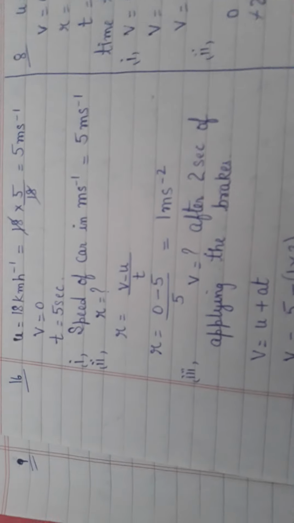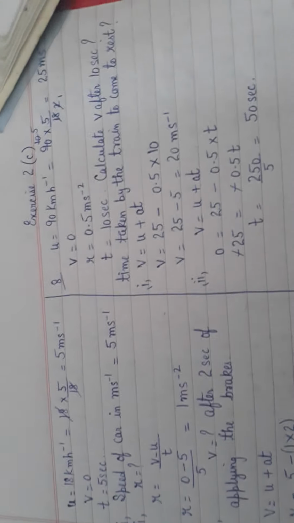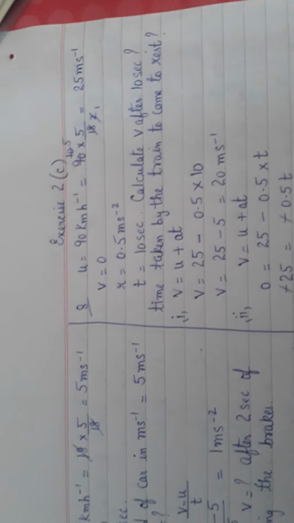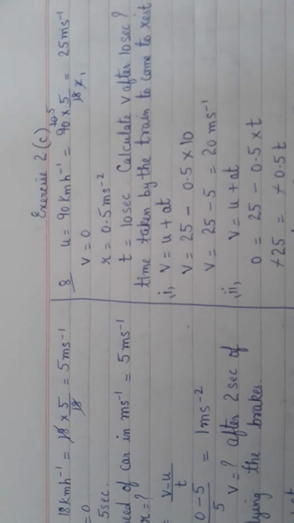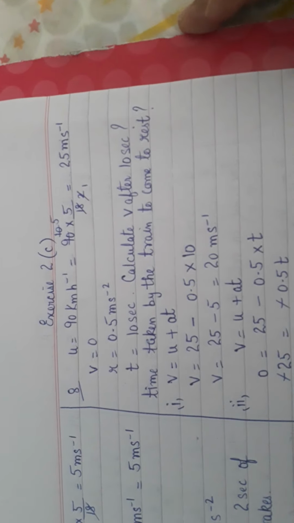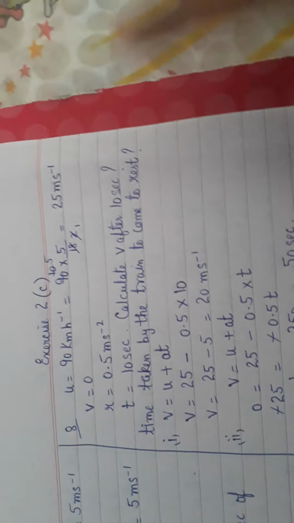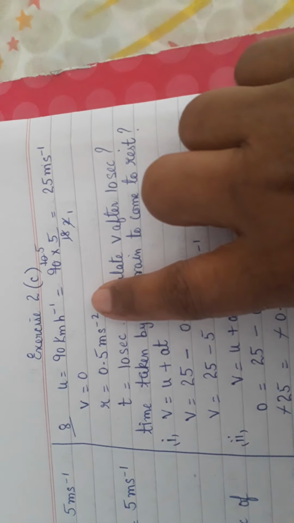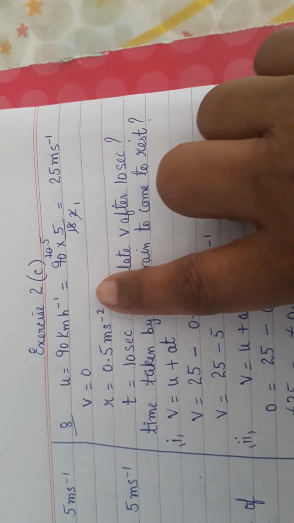So with this, I end the numericals of exercise 2A. Now, children, I move on to exercise 2C. If you remember, children, in exercise 2C, I had solved 7 numerical problems for you. 7 numericals were done. I have to start with the 8th numerical problem. Okay, so I'm going to read out that numerical and I want you to have a careful look.